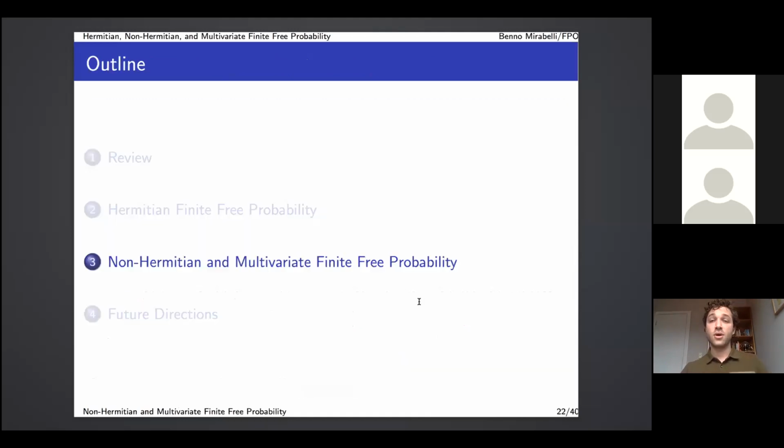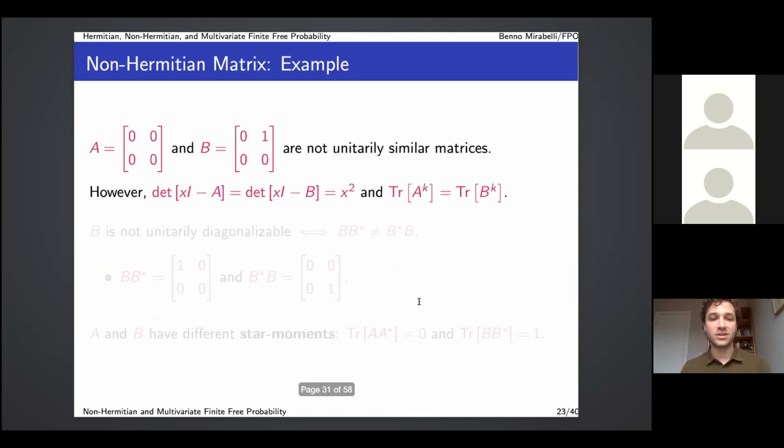All right, so when I got into studying finite free probability, the study of these two convolutions, at least when you're interested in eigenvalues, was really where finite free probability stood. And I started to ask the question, well, what if I wanted to use finite free probability to study non-Hermitian matrices that represent non-Hermitian transformations? And I started to see that these convolutions alone weren't quite enough. So I'm going to present the new convolutions that come with that.